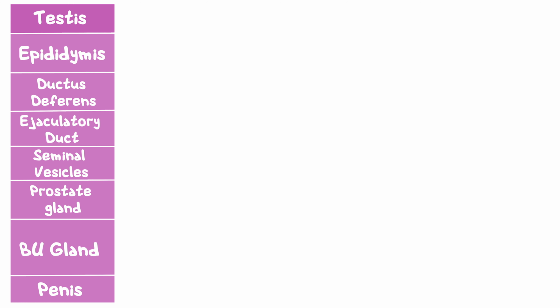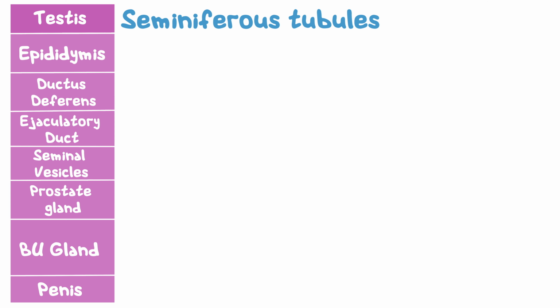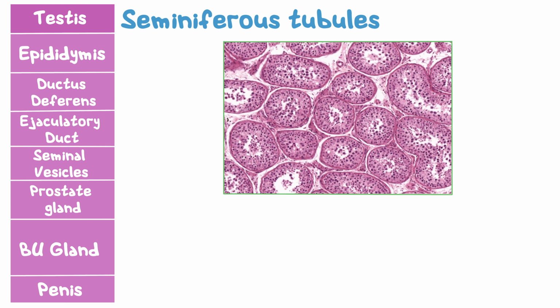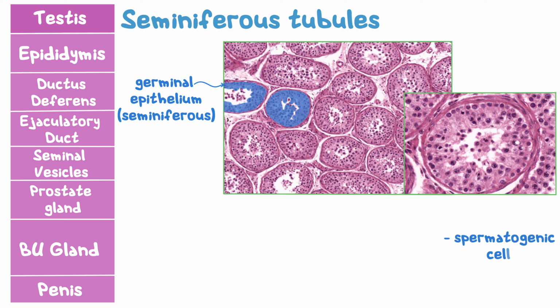Located within the lobules of each testis are coiled seminiferous tubules, which are the site of spermatogenesis. Seminiferous tubules are lined by several layers of epithelial cells, forming a germinal epithelium. There are two types of cells in the germinal epithelium of adults: spermatogenic cells, which are in layers, and Sertoli cells, which form a single layer and are supportive of